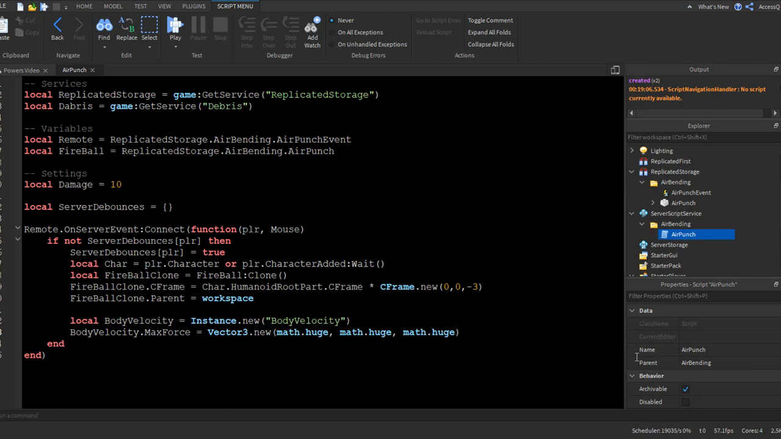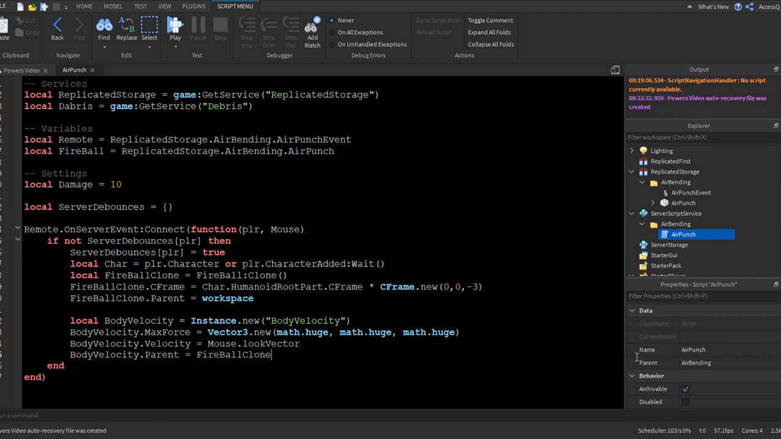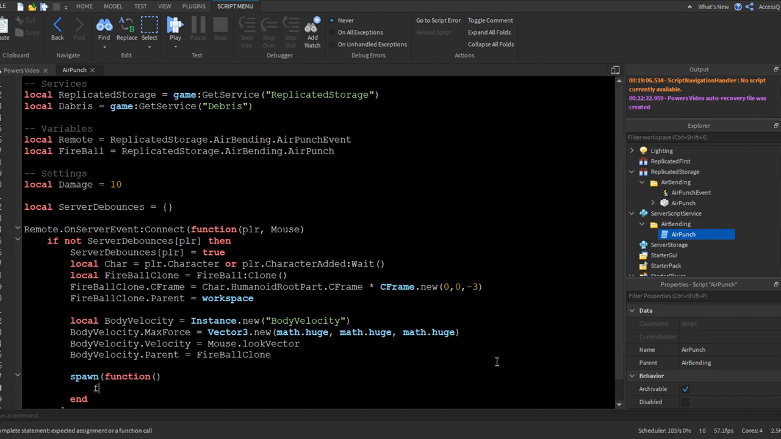So now we will do body velocity dot velocity equals mouse dot look vector, so basically it shoots wherever you're pointing your mouse. Now we'll do body velocity dot parent equals fireball clone. Alright, nice. So now we can continue on with spawn function, and we will do for I equals 75